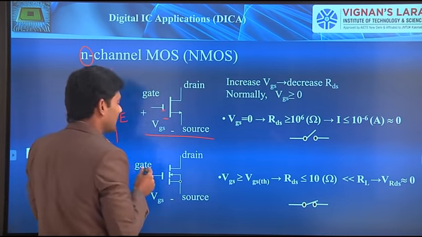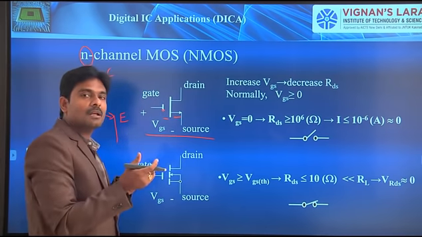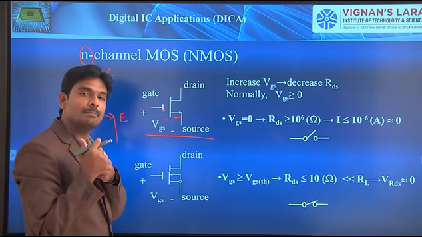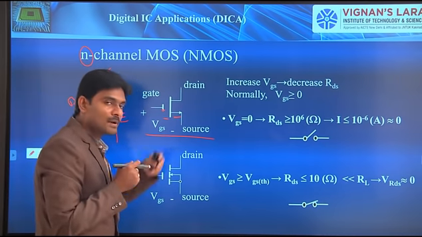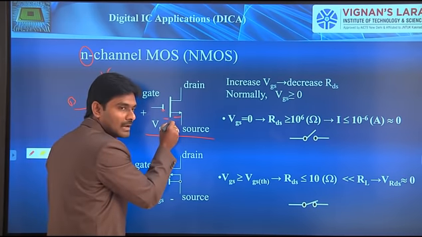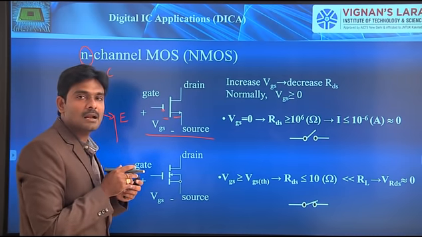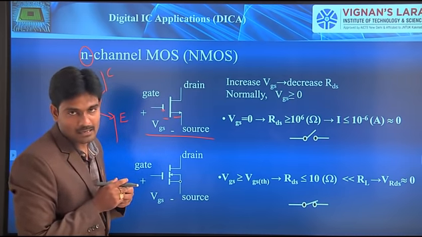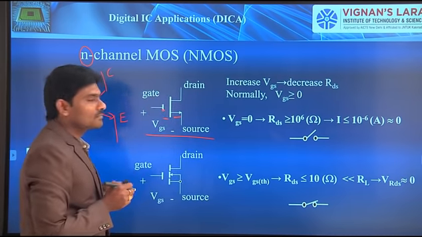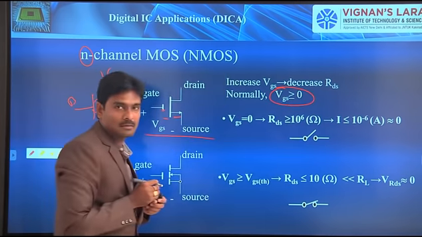And also, in the N channel, with respect to the arrow, we can differentiate the two different types of MOS transistors as we discussed: N channel as well as P channel. So with the arrow representation, you can differentiate both. If the arrow is away from the gate towards the source, that represents the N channel metal oxide semiconductor. Okay, so this is how it looks.